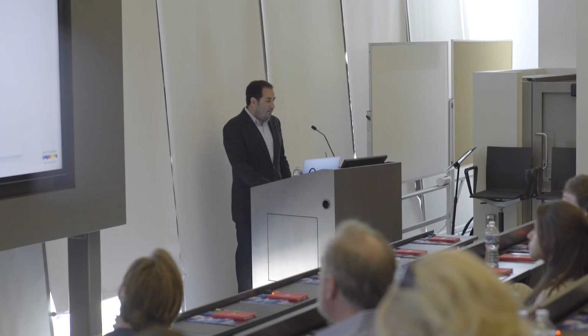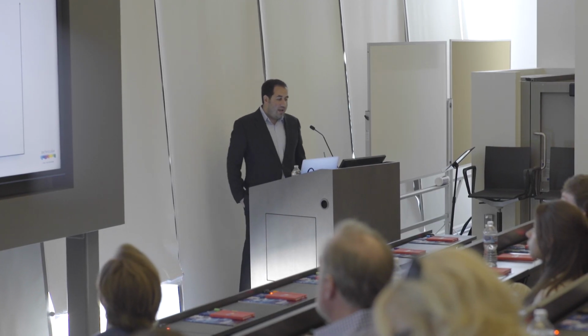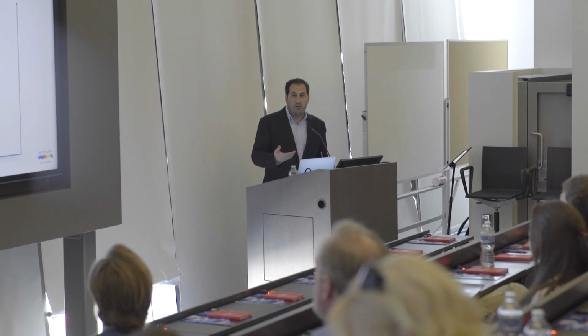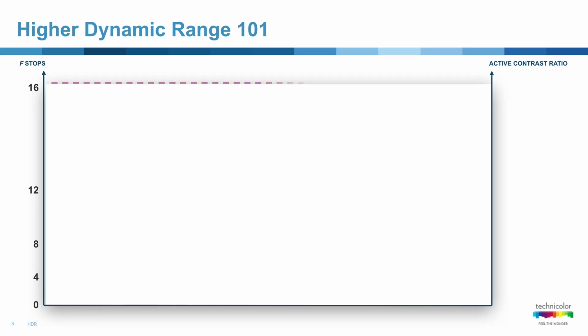So as we go into high dynamic range, if we look at today on the left, we'll have stops, so we can talk in language we all understand, which is how much contrast or how many stops a camera can capture, for instance, versus how much we actually present on the screen. So the human eye sees a little bit over 16 stops of dynamic range at any given moment, that somebody can see and perceive at the exact same moment.